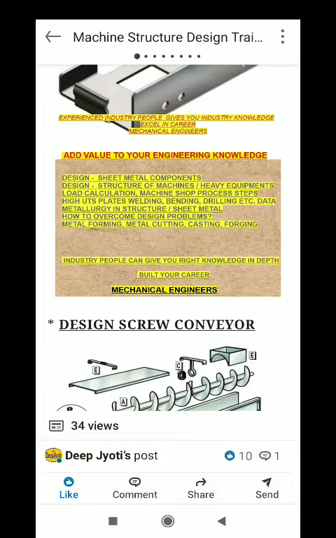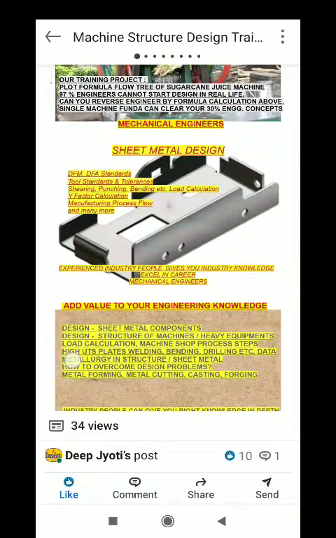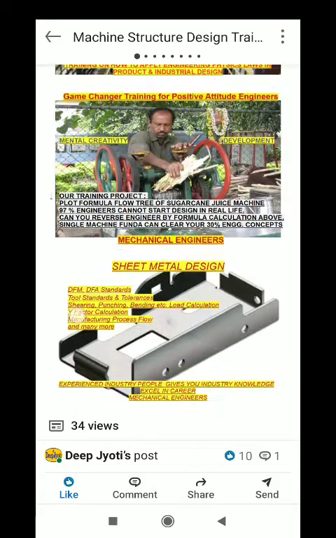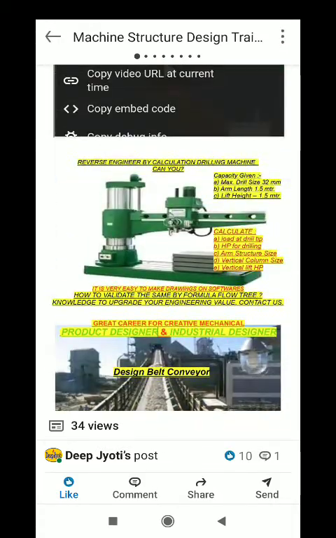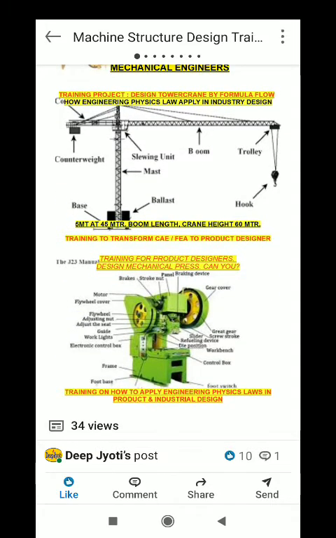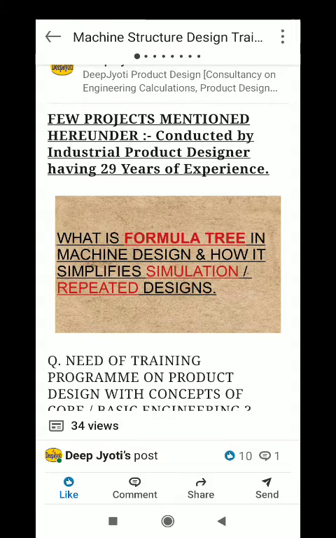And it is, say, very easy. Not very easy, we will not say initially it will be very easy, but once you start working on these formulas, how to read formulas, how to break formulas, and how to assemble formulas, you must know all these things. We are not saying we know the design of all the products across the world, but we must be able to say that whatever comes in between in my career, I can break the formulas from books or from existing designs available in the market.